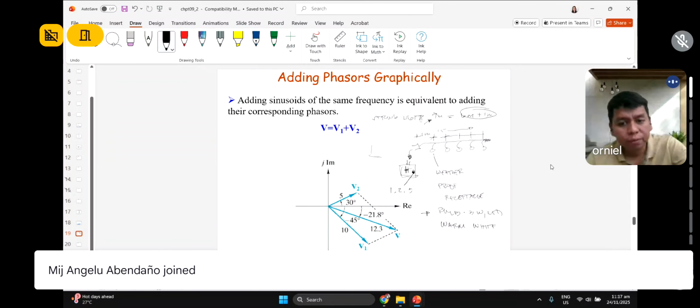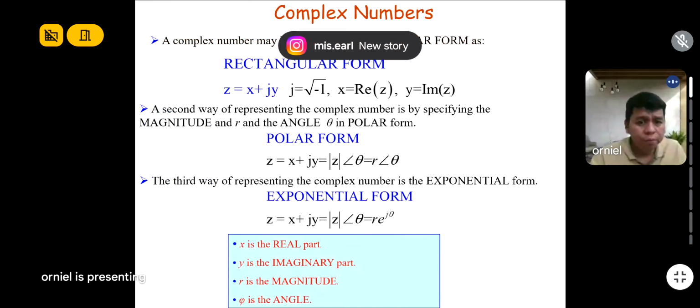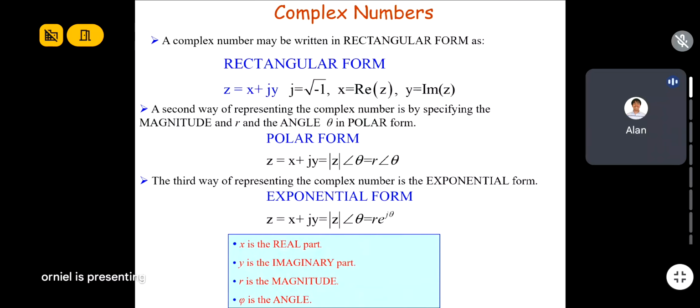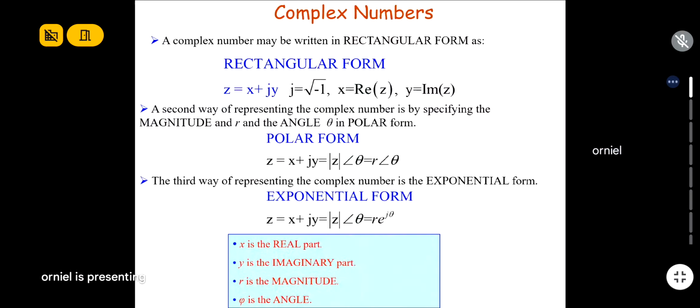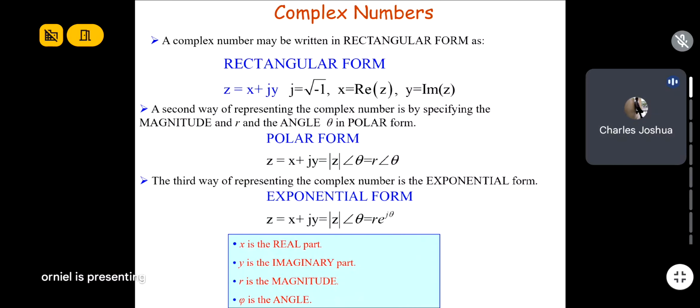Now, let's continue chapter 9. Also, the same chapter objective is for complex numbers, and the differential equation you have taken. Imaginary numbers. We're new to imaginary numbers, sir. Not yet, just the C's, sir. Have you not taken differential equations? Yes, sir, but we haven't reached that part yet.